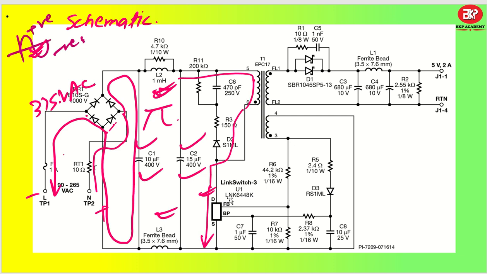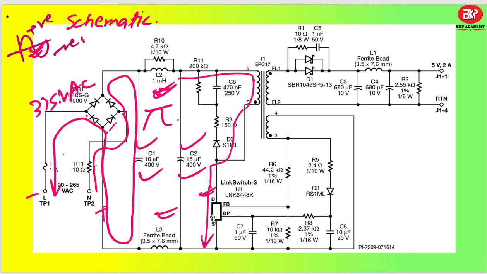Now the problem is, at this input side there will be a surge at the drain. Okay, there will be a very big spike, so those spikes we have to suppress. Okay, to suppress that there will be a requirement of an RCD snubber. So this RCD snubber is going to suppress the stress voltage on the MOSFET, otherwise it will get damaged.